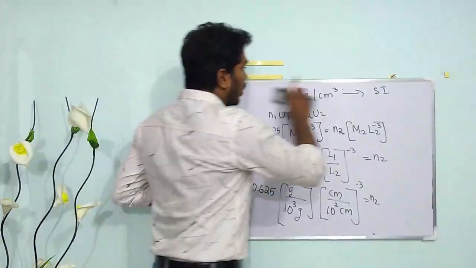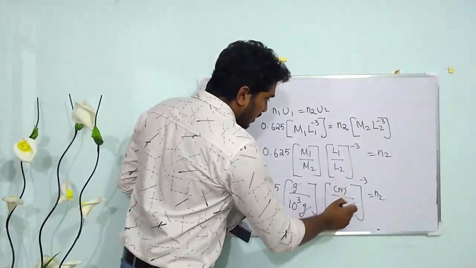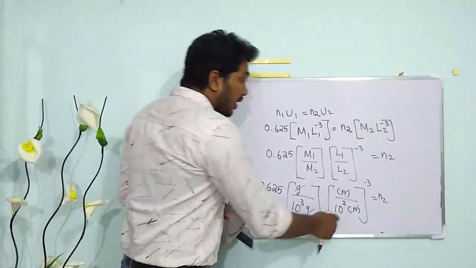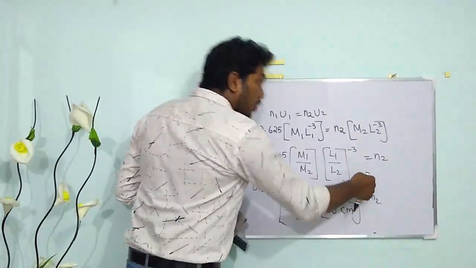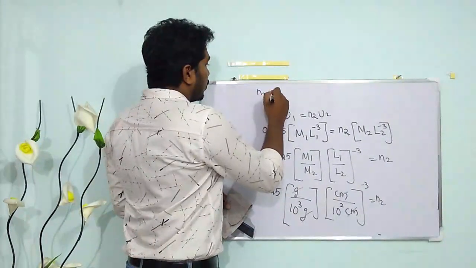Okay, so now how do you get the final answer here? Gram and gram get cancelled. This and this get cancelled. This goes to the numerator. That will be 10 raised to minus 2, 10 raised to minus 2 raised to minus 3. That will be 10 raised to 6. Right? So N2 will be equal to